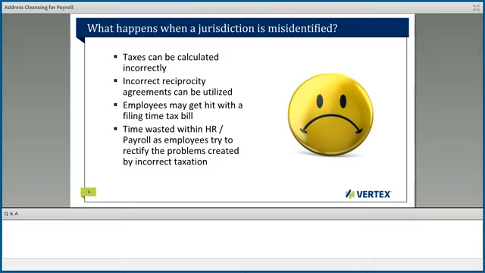And then there's going to invariably be the unpleasant discussion that the employee has with HR when the taxes weren't being calculated correctly on the paycheck. And that's no fun for anybody in payroll or HR, and it's definitely not a good use of anyone's time in that department. I can tell you firsthand that HR and payroll professionals are extremely overworked, and they're tasked with a significant number of mission-critical projects for a company. So there's absolutely no reason that they should be spending a significant chunk of their time trying to dig through